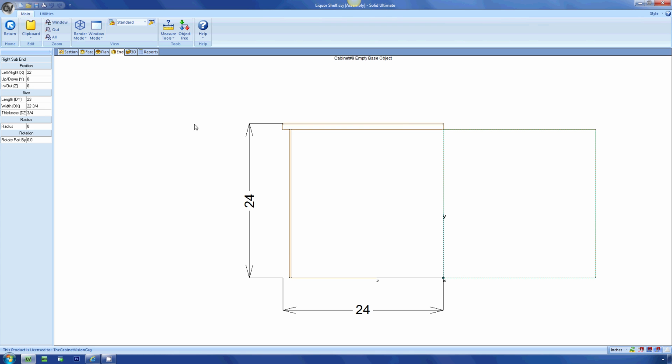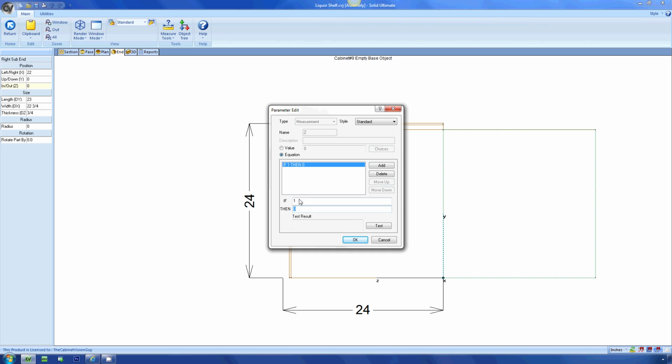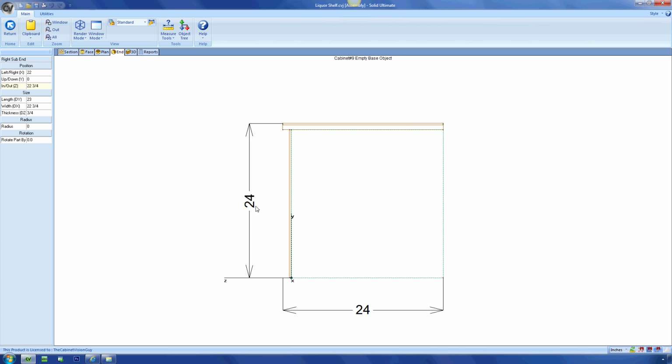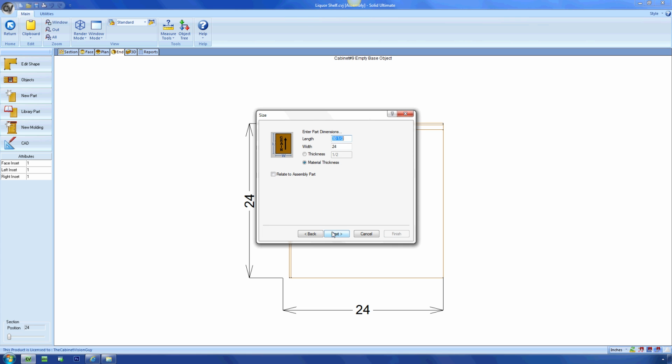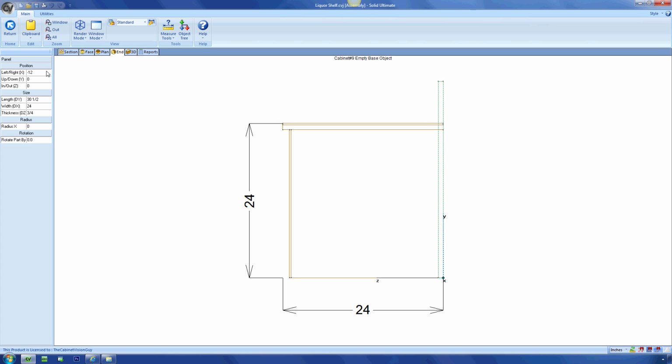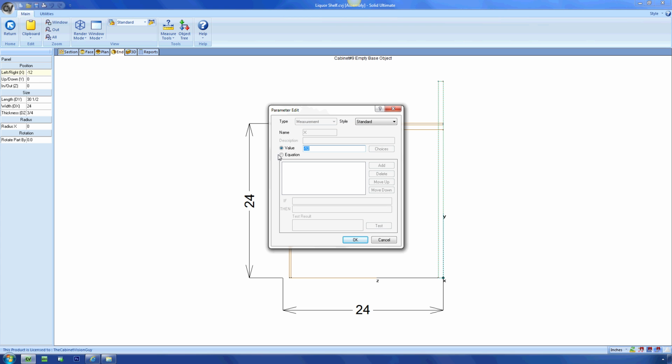Now, we can see that I forgot to link the right sub-end to the right skin, so let me fix that real quick. Now we're getting to the home stretch. Just a few more parts and this object is done. The face panel that sits behind the face skin is what I want to add next. I want to set the X position as the same as the left sub-end. So that's